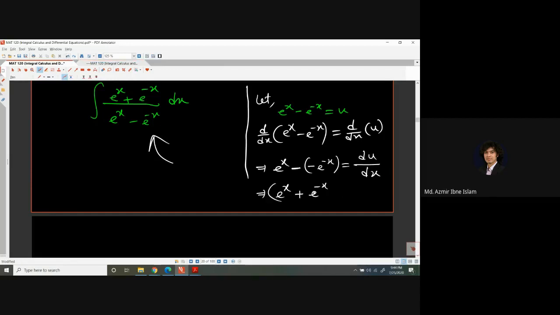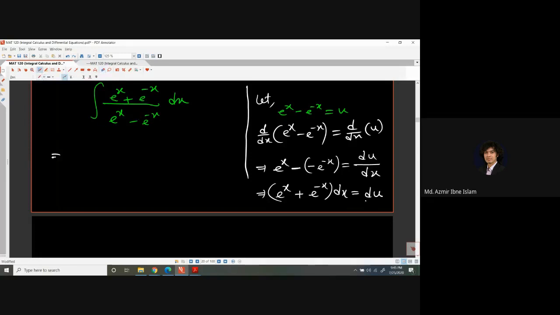So here e to the power x plus e to the power negative x dx is equal to just du. On the right side we can keep u terms or du terms, or with du terms we can keep any constant. Okay, finally we have found e to the power x plus e to the power negative x dx as du. So now see, you can see that